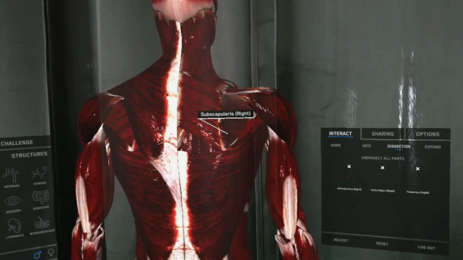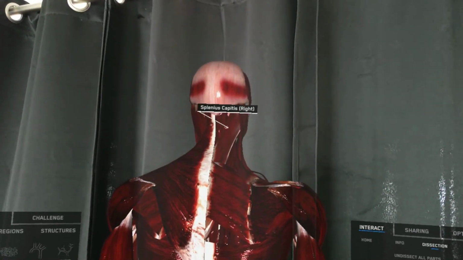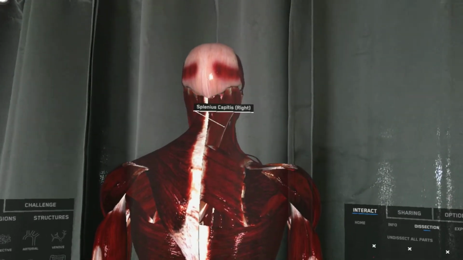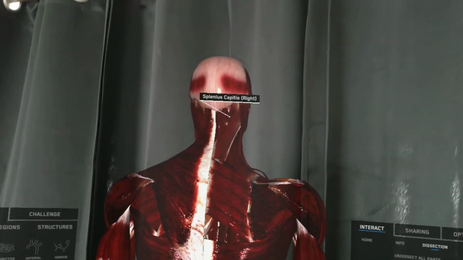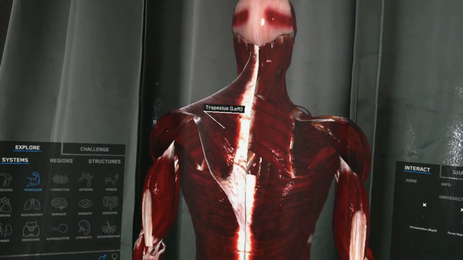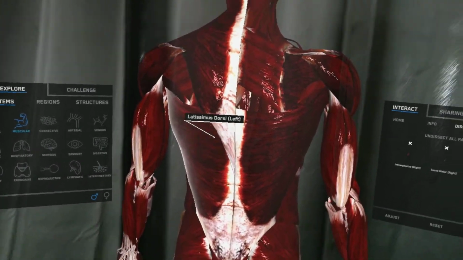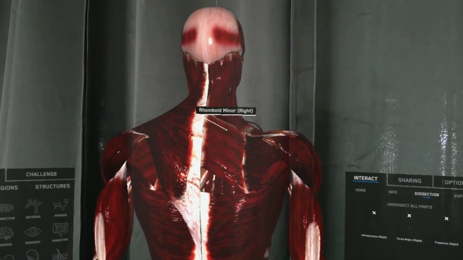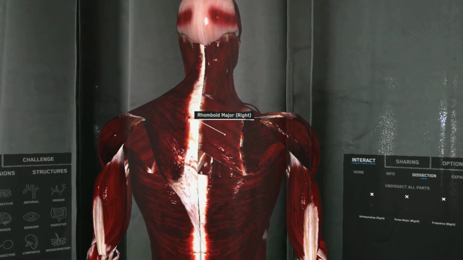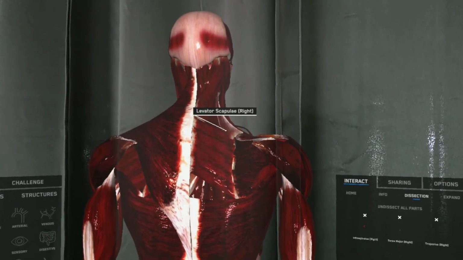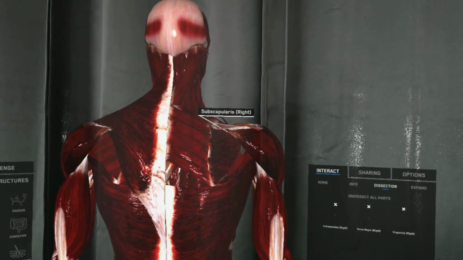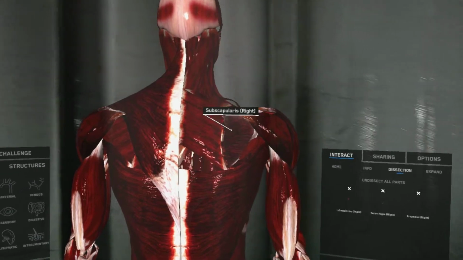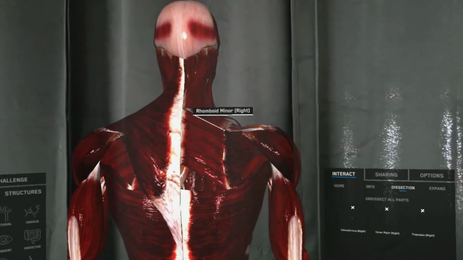So again, let's review the muscles of the back. We're just going to be dealing with the superficial muscles first. You have here the trapezius, latissimus dorsi there, and as we said, if we remove the trapezius, the rhomboids minor, major, and then of course the levator scapula is there. We have the supraspinatus, infraspinatus, teres minor, together with the subscapularis, making up your rotator cuff